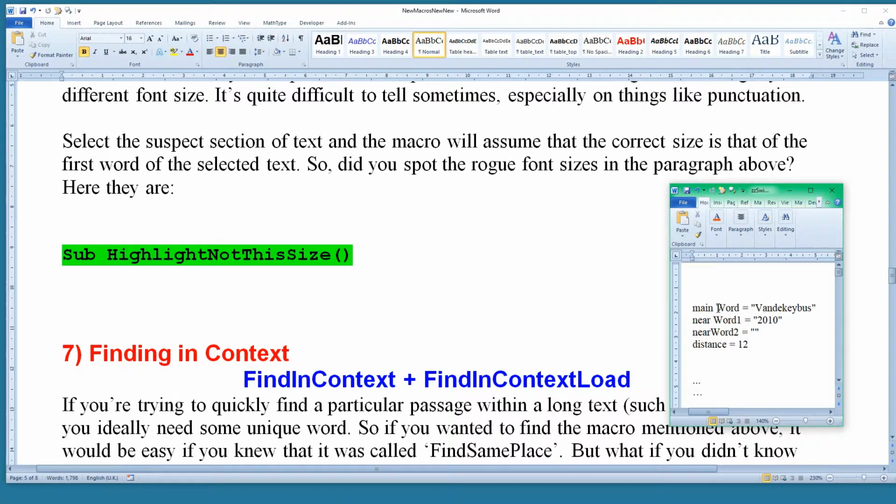Somewhere in that file you can have the same wording that's at the beginning of the macro, where it's looking for the particular words. So I can have different in there and size in there, and then if I want to look for something else, then I can change it there. So I'm not having to go into Visual Basic every time, but it is there on screen. But it's quite helpful if we can